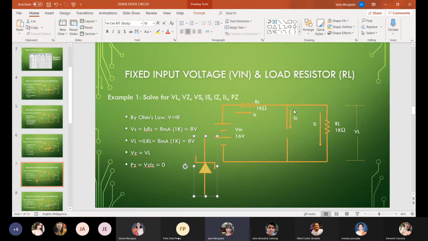But then if you're going to put the positive here, using voltmeter, and the negative here, you're actually measuring the voltage across RL. Tama ba? Kasi kahit na dito ka mag-measure, positive dito, negative dito, you're actually measuring the voltage across RL. Pero pag nag-measure ka dito, positive and negative, you're practically just measuring the voltage across RL. Okay? Question? Nag-gets nga ba?